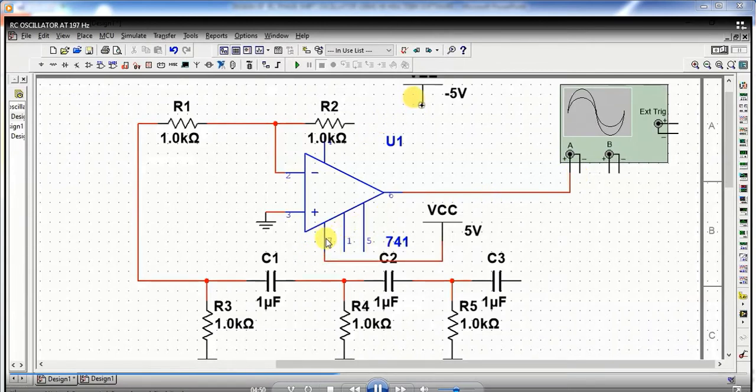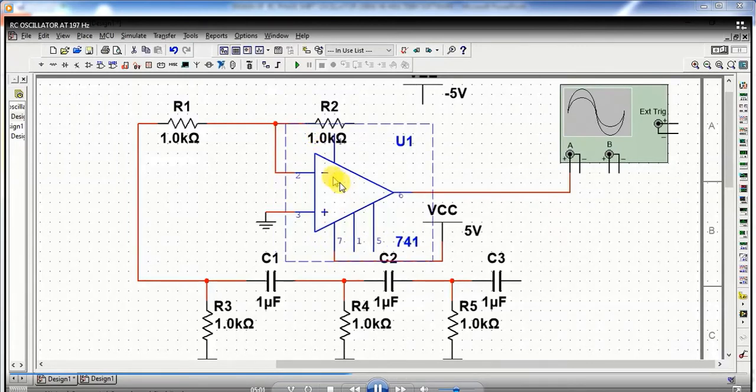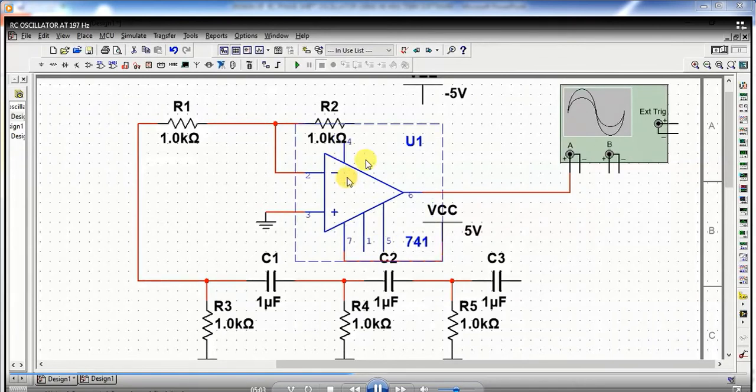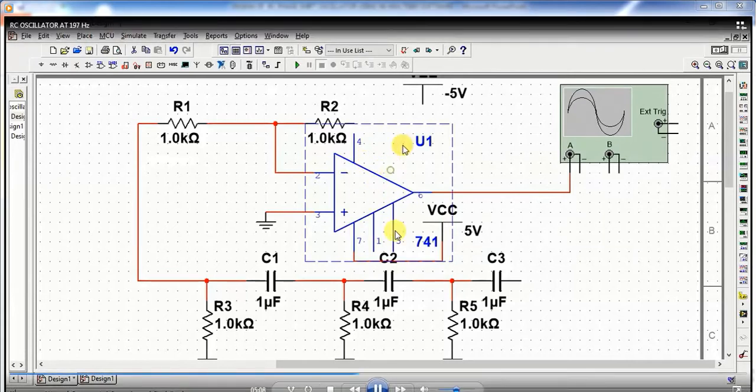At pin number 7 the plus VCC is present, so we can connect this plus VCC at pin number 7, and at pin number 4 minus VE is present, so we can connect the minus VE. So connect this to pin number 4 and then connect the terminal of R2 to the output terminal.